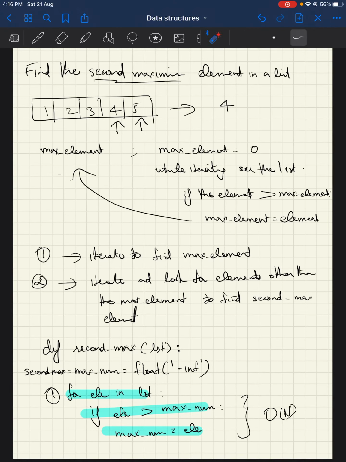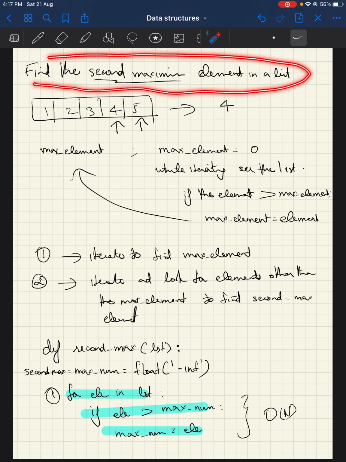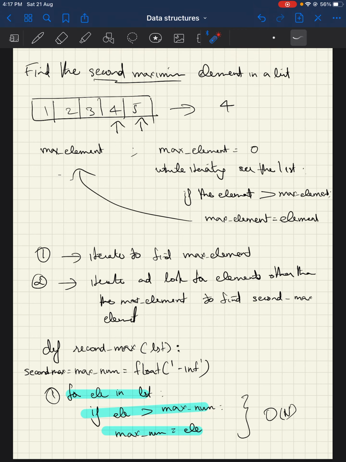Okay, we have an interesting problem to solve now. I have written most of the stuff that I wanted to showcase upfront. So the problem is to find the second maximum element in a list. Let's say we have a list like this: 1, 2, 3, 4, 5. We know that the maximum value is going to be 5 and the second maximum value is going to be